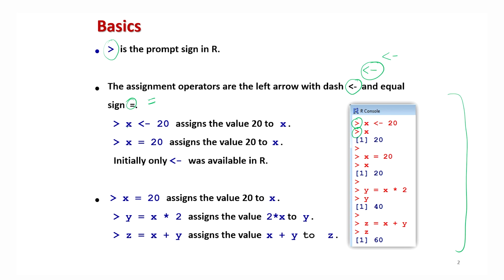Now, for example, if I want to write x equal to 20, then I have two options. I can write x less than hyphen 20. This is going to assign the value 20 to x, and the same thing can be written as x equal to 20. And one thing I would like to draw your attention to is that a blank space has no value when you are doing numerical computation. If you write x equal to 20 with a blank space here and there, or you just write x=20 without any blank space, there will be no difference. I have written it here with blank spaces so that you can understand it clearly.